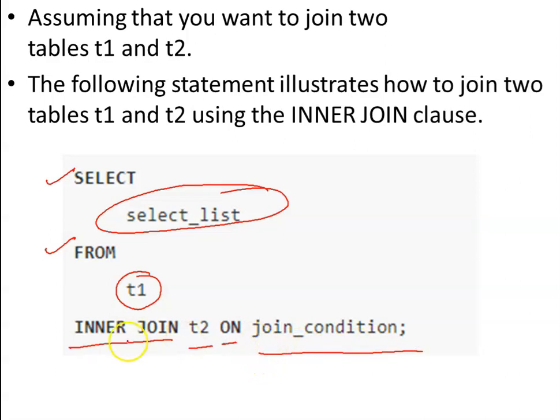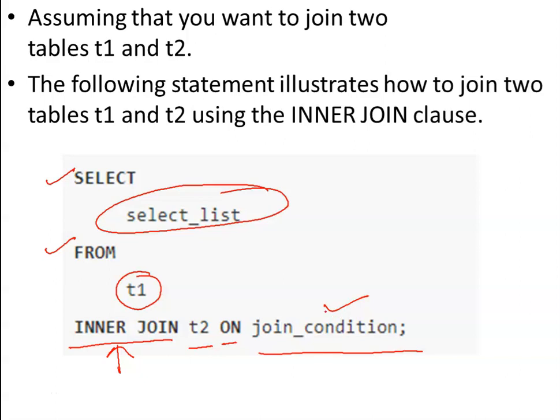The inner join clause compares each row in table T1 with every row in the T2 table based on the join condition. If rows from both tables cause the join condition to evaluate to true, the inner join creates a new row whose columns contain all columns of rows from both tables and includes this new row in the result set. Otherwise, the inner join just ignores the rows.